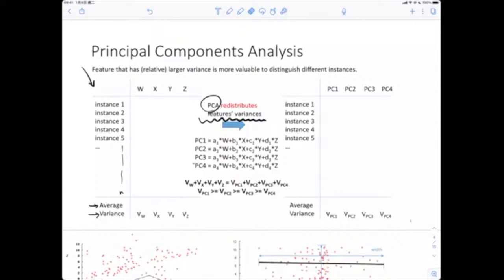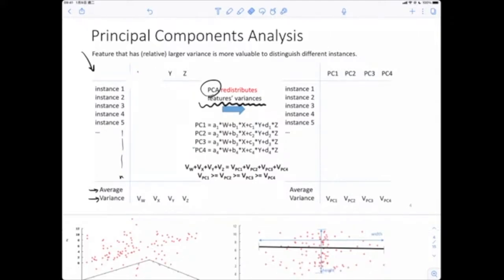if you have a column which has a very small variance, for example, your hair color, all of the students in this classroom have black hair. So all the data points are plotted in the same place from the perspective of this dimension, so that we cannot distinguish students in this class because they are all in black. We generally believe that if there is a data column that has a very large variance, we can distinguish different data points, so that column is more valuable than the other columns.